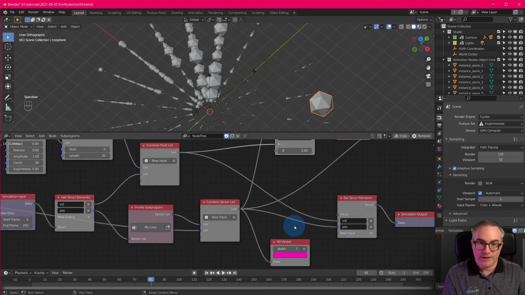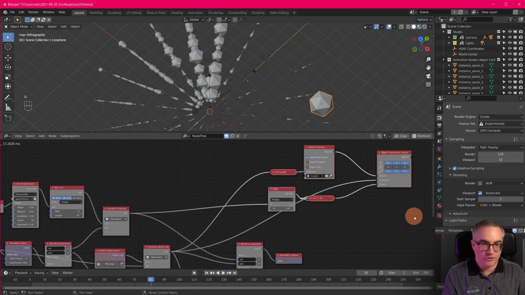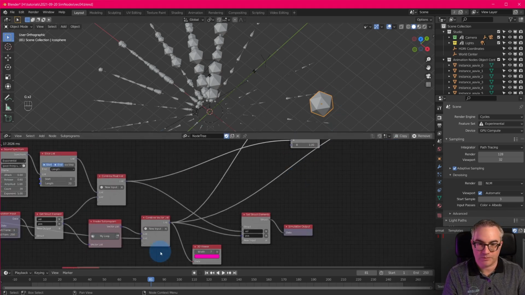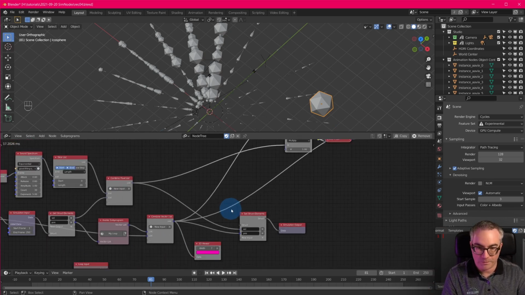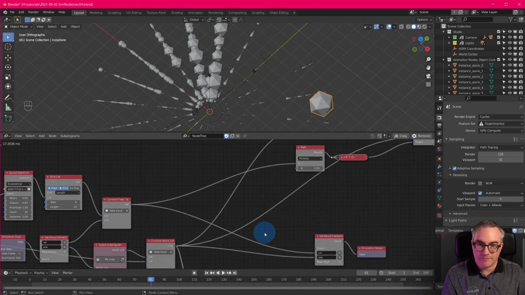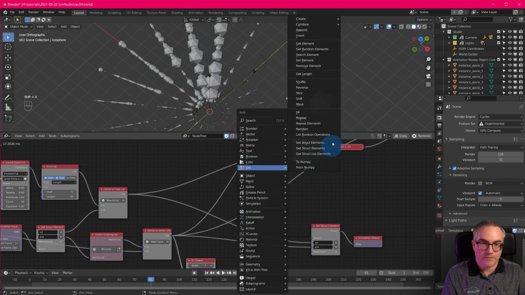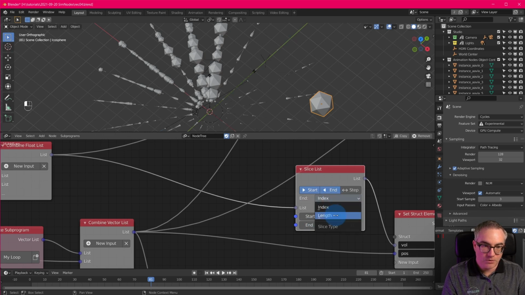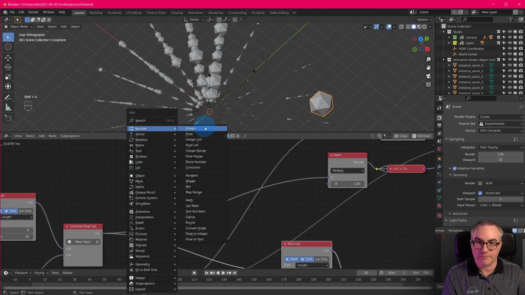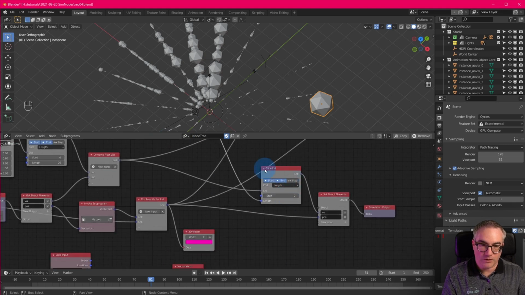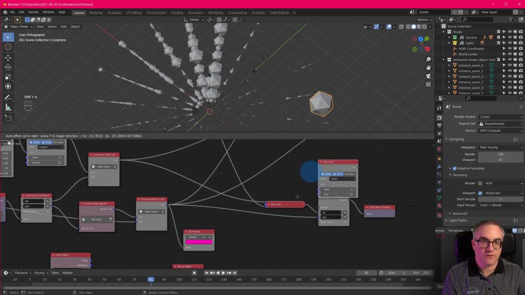Okay, one thing we notice here. At the moment, we just keep generating new particles, like they never die. And at some point, we're gonna crash our system because these lists just grow and grow. So what we want to do here is to cap this, to limit this. And it's really easy to do. We just take a list slice, plug that in here. And we always slice at length, maybe 400. And you know what? I'm gonna create a number integer, put that 400 in here and use it here because I need another list slice in here,